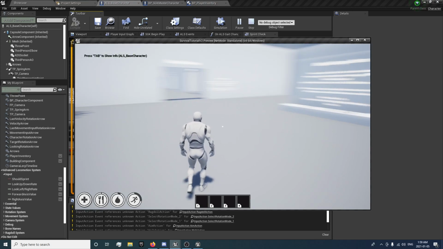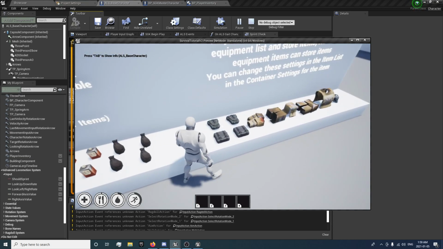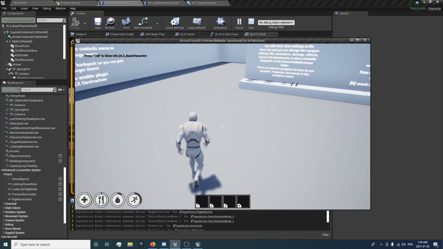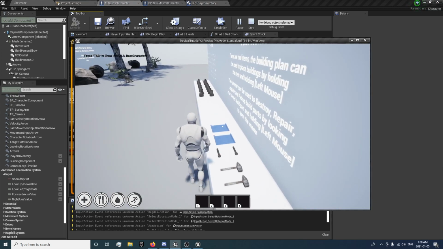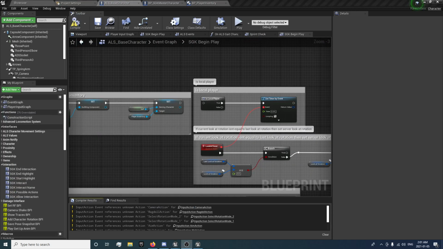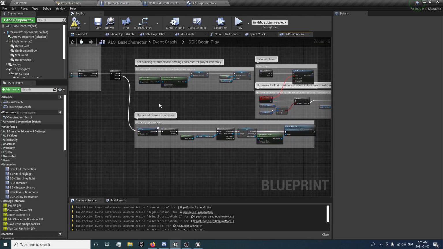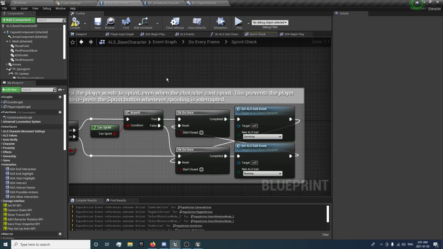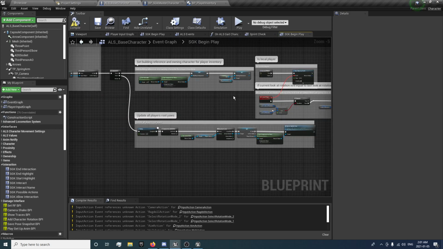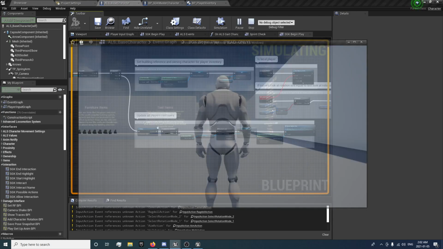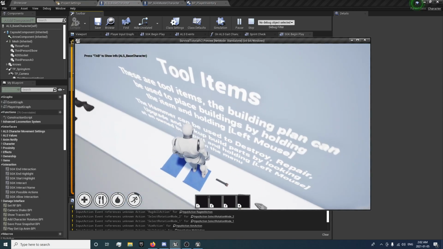Speeds are working fine, left to right. Can't pick stuff up yet because I haven't done the interaction. So we're going to pause it for a second. Next, we're going to test and see like interaction should work, but does work, but